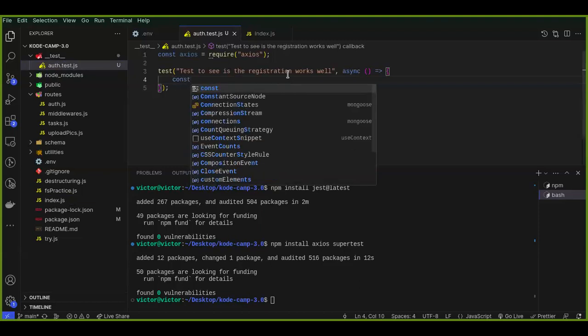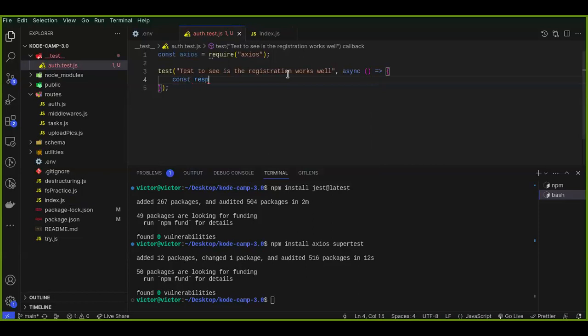So we would say const response equals await. Now this is not much different from how you test using something like Postman. The only difference is that this one is automated. Instead of testing the routes one by one manually, you can just run one line of code, and that line of code tests everything that you need. Okay, so we'll say await